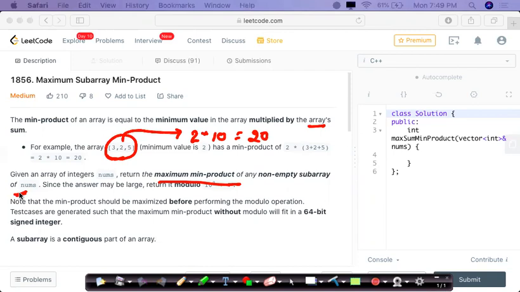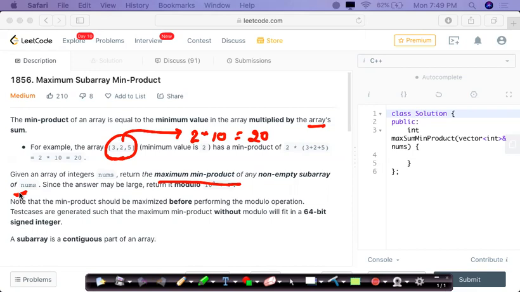Before moving to the solution of this problem, I would suggest you go through the question again, try it out on your own, and then only move to its hint video. So now I hope all of you have gone through the problem again and tried it on your own. Let's solve it together now.